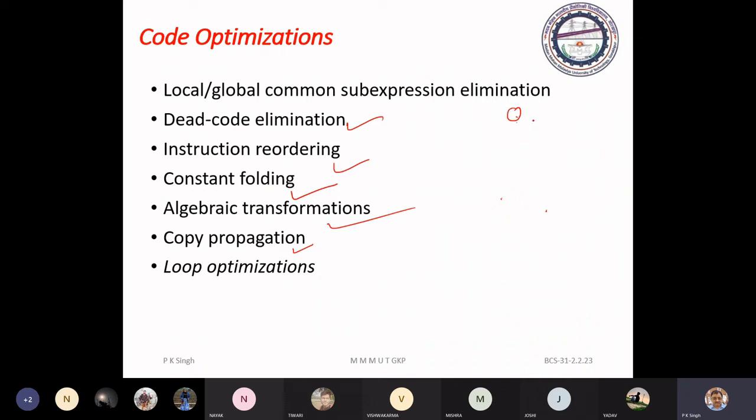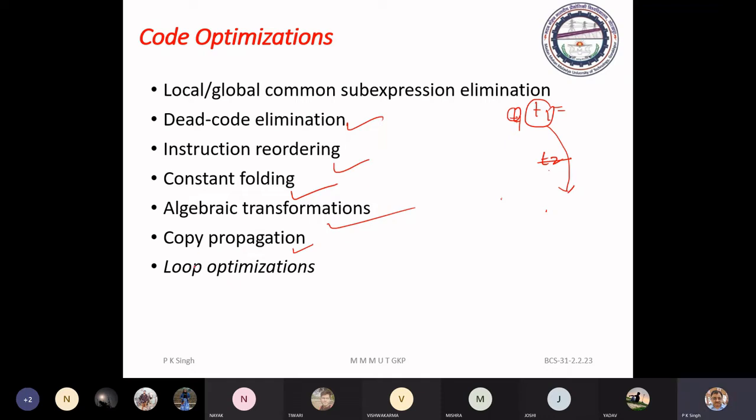In the case of a common sub-expression, if you compute the value of the expression in t1, and the same expression in t2, then you can remove this and the copy may be propagated to the places where t2 has been used. That is called copy propagation. You can do this propagation within a basic block, that is local, or across basic blocks as applicable.